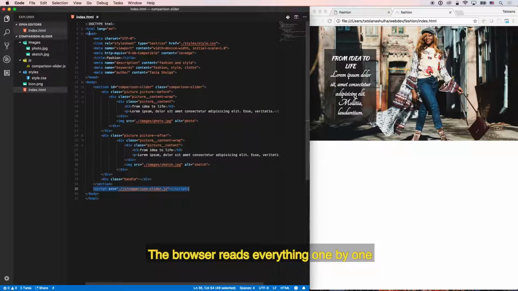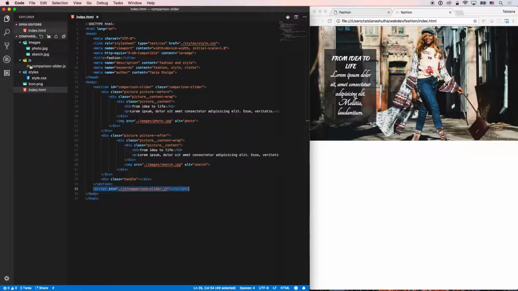The browser reads everything one by one from the top to the bottom, and then at the bottom what it sees is, oh wow, we have a script, so I need to pick up some JavaScript code and apply it. Right, so where is this JavaScript code? Right here, JS folder, comparison slider.js file. That's how our browser sees